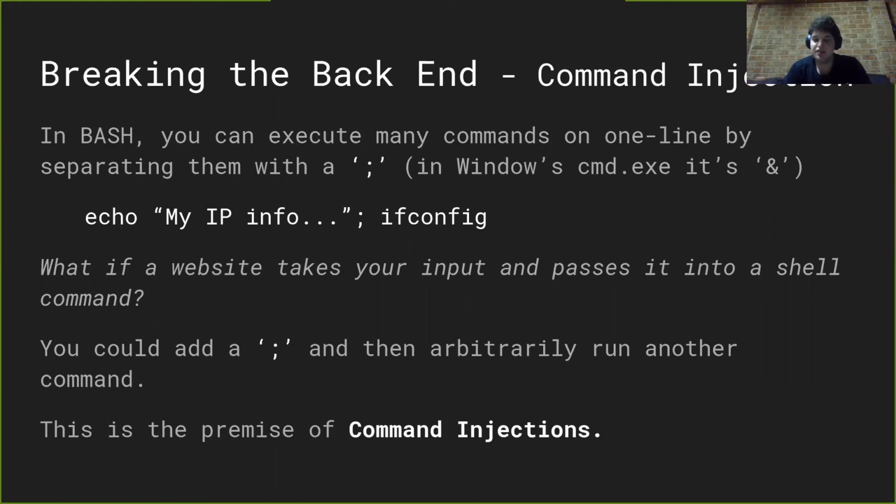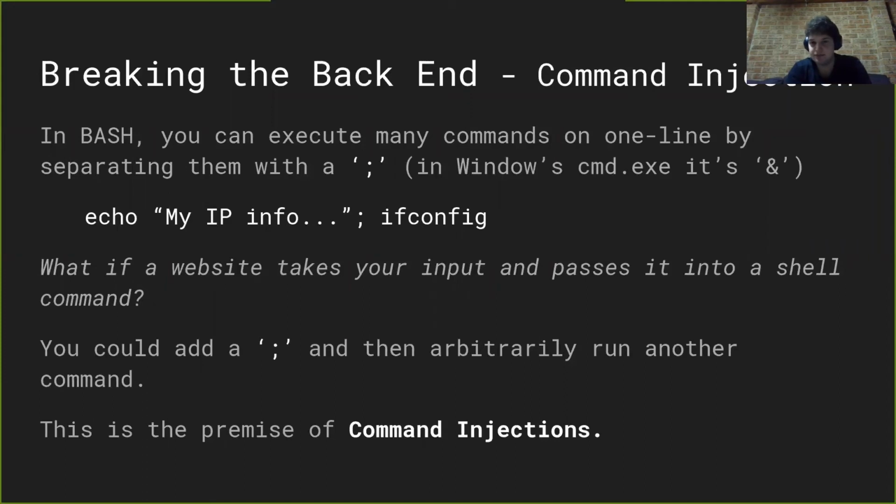So if a web server takes user data and puts it into a shell command, then it is executing anything that the user puts in. And typically that's fine, because the user wants to read a file, right? So cat myfile.txt. And you have a website which gets the name of myfile.txt and substitutes it in to that